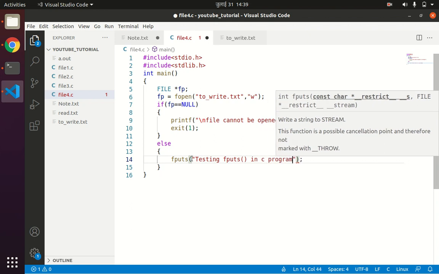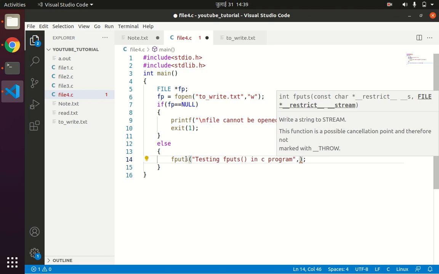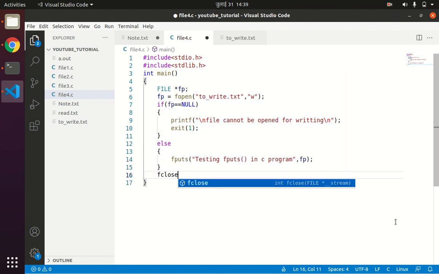Suppose this is a string that I want to write into the file 2write.txt, then I have to mention the file pointer fp here, then finally close the file with fclose, and then write the return 0 statement.